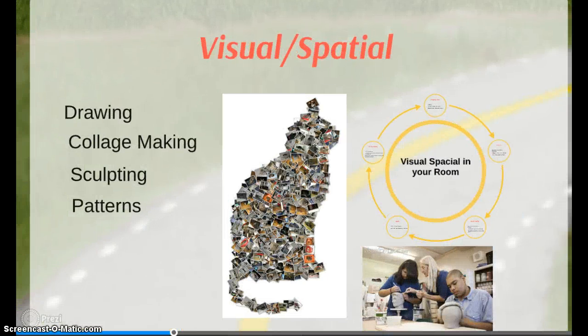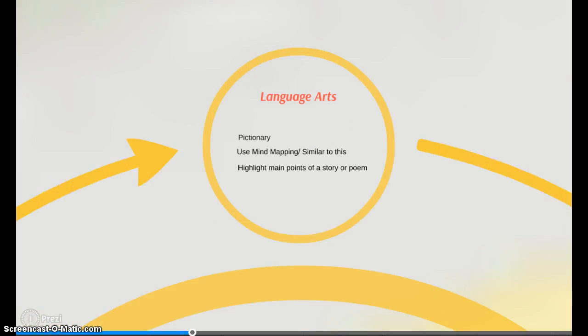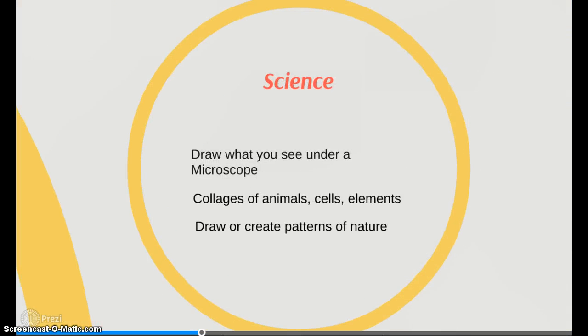So moving on now to visual-spatial. This is your sight. You're creating an image, seeing an image, repeating an image, or taking something you hear or read and then creating an image for it. One of the main ones I really like for this one is the creation of a collage of an animal. What's a better way to learn about an animal and its environment and its habits than creating a collage